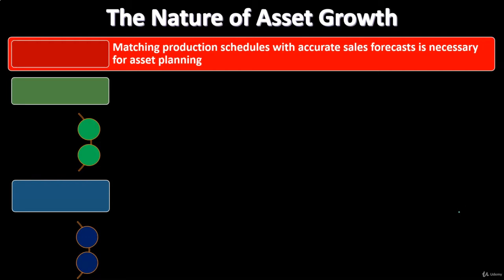So the nature of asset growth. When the assets grow over time, we're hoping, of course, that the company continues to do well. The company is going to continue to generate revenue. What's the goal of the company? Revenue generation. The goal of the company is not simply asset accumulation, to just accumulate assets forever.